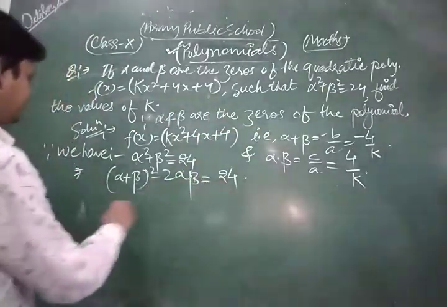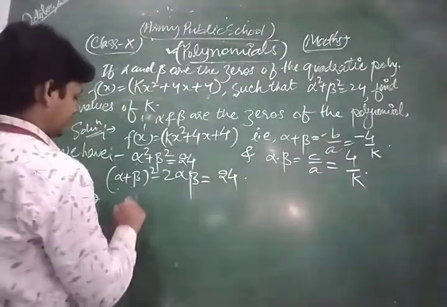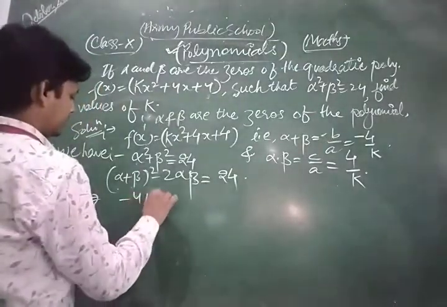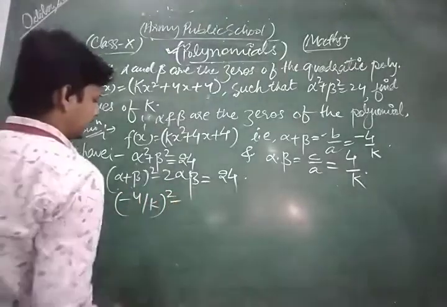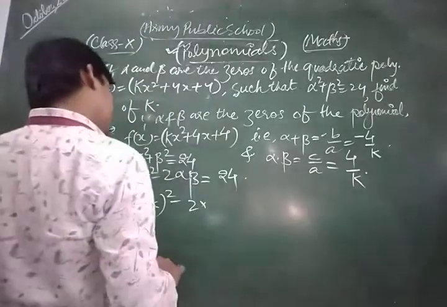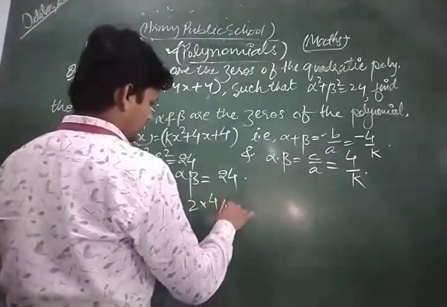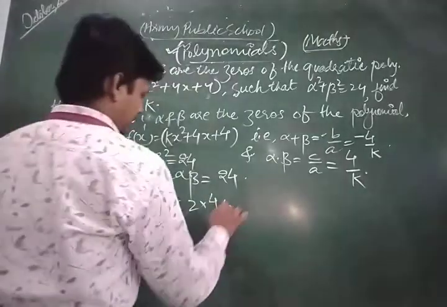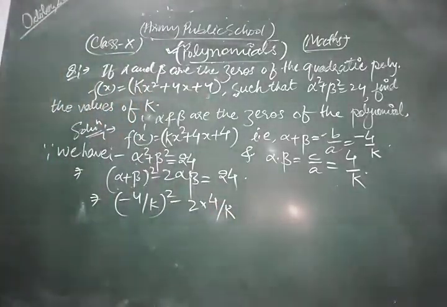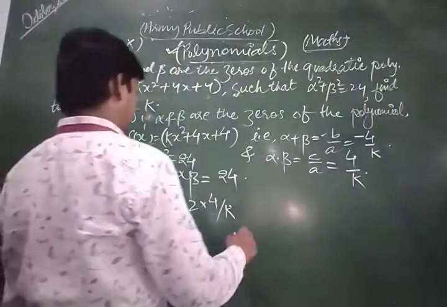So we get alpha plus beta, that is minus 4 upon k, whole square, minus 2 into alpha into beta, that is 4 upon k, is equal to